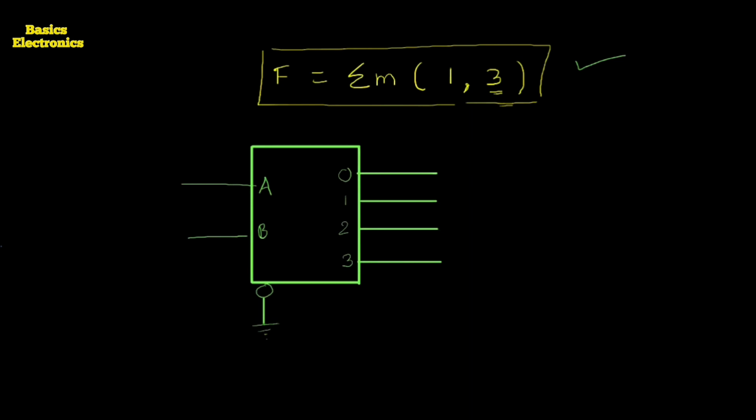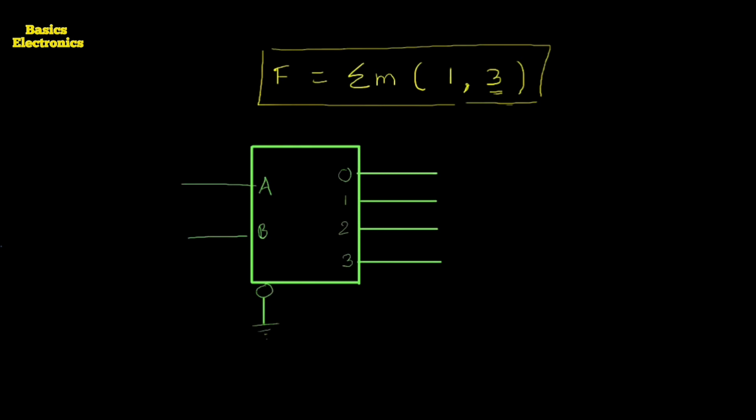It means that if the higher digit is 3, it can be implemented by using the 1-line to 4-line demultiplexer. Okay, if the number of digits are different, suppose in the example it is given 2, 4, 6, then what type of demultiplexer do we require? We require a 1-line to 8-line demultiplexer. So depending on the equation, we decide which demultiplexer we need to use.